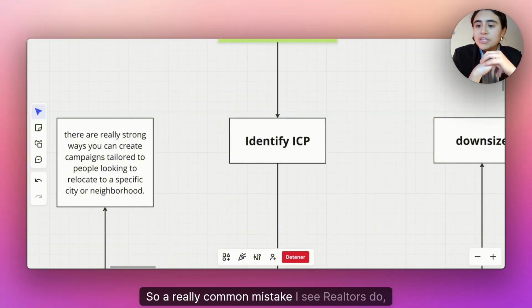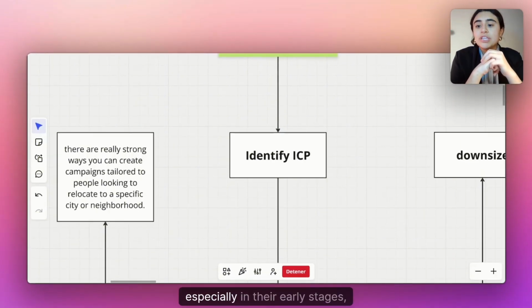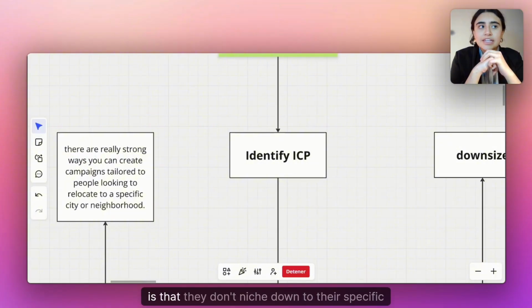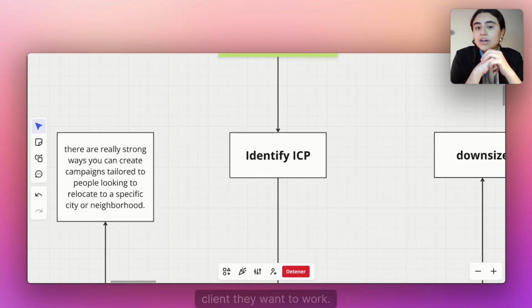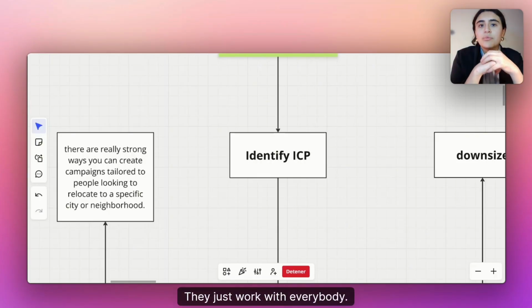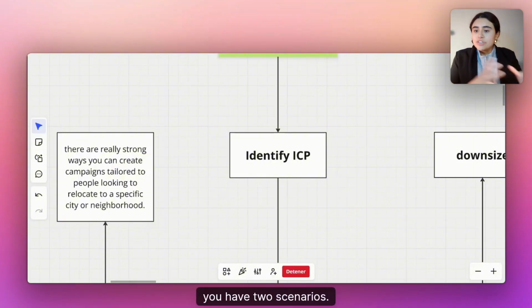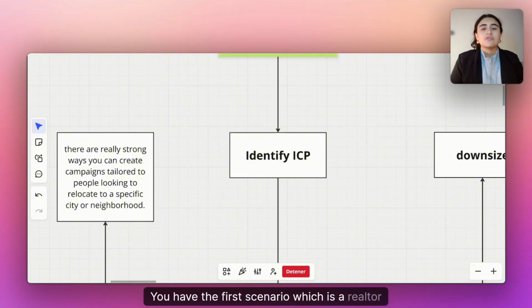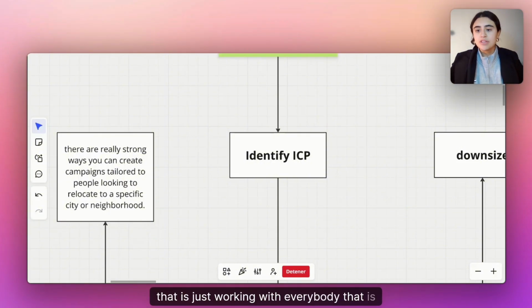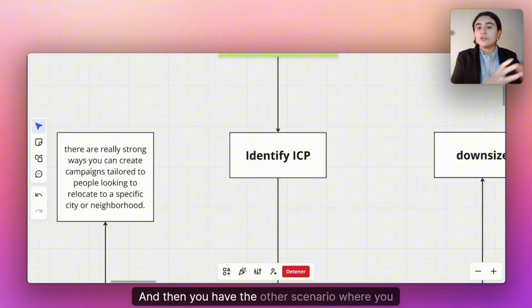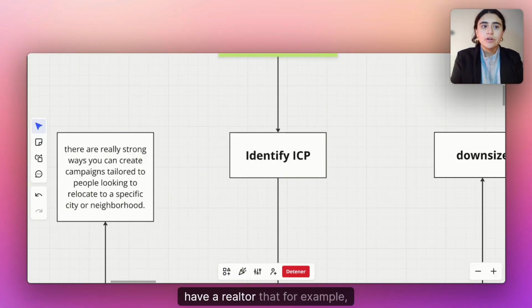A really common mistake I see realtors make, especially in their early stages, is that they don't niche down to a specific client they are trying to work with. They just work with everybody, and it's not the same. I believe this is a problem because you have two scenarios. You have the first scenario, which is a realtor that is just working with everybody that is willing to buy or sell a home. And then you have the other scenario where you have a realtor that, for example, specializes